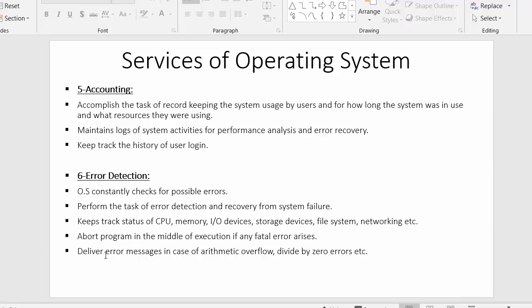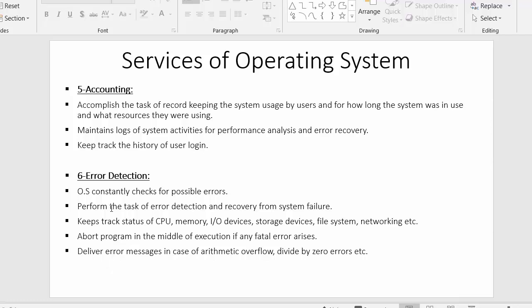The operating system is also responsible for delivering appropriate error messages to the users whenever minor errors are generated due to illegal or invalid arithmetic calculations performed by the user, which are not allowed, or when the stack gets filled up. In those scenarios, the operating system is capable of detecting those errors and providing appropriate feedback in the form of error messages to the user.